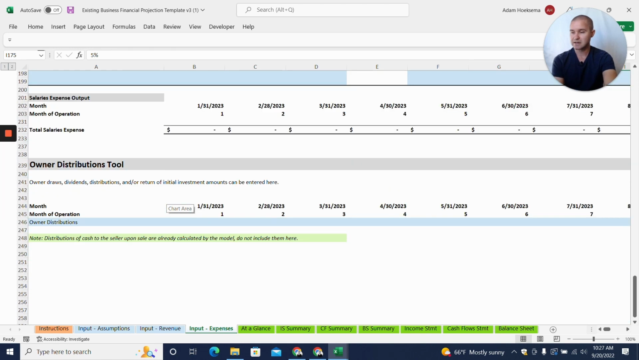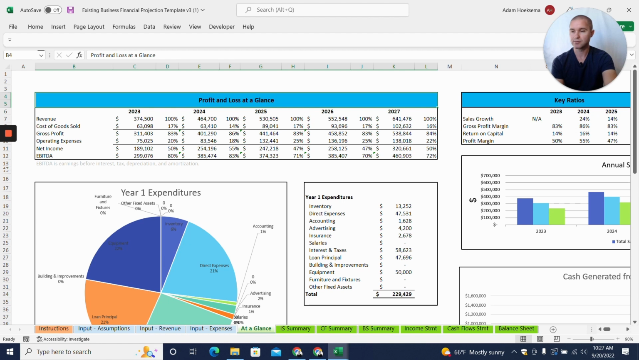Then the last thing here is if you're going to do an owner draw or an owner distribution, you can put in your projected owner distributions here by month. And that will bring us all the way back to our profit and loss at a glance tab, and hopefully give you a good view of what you forecasted based on all of this